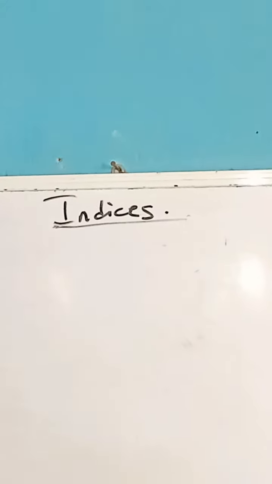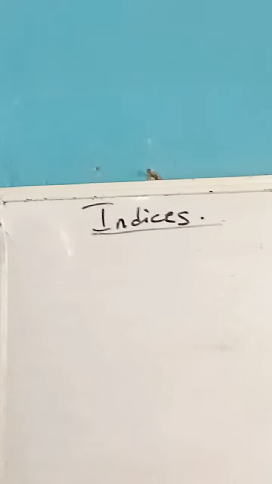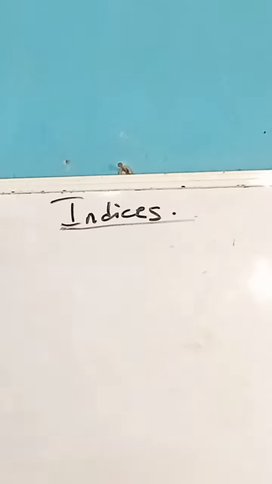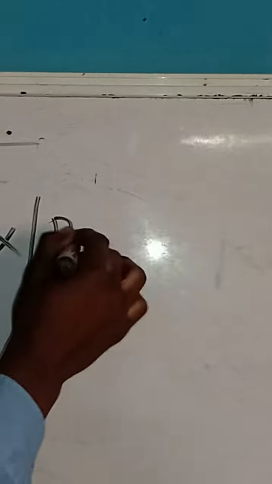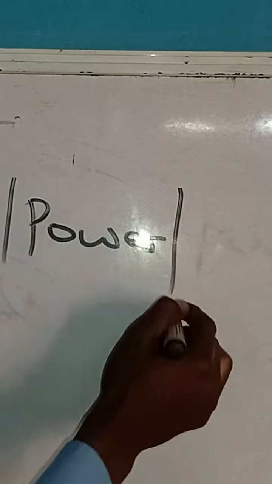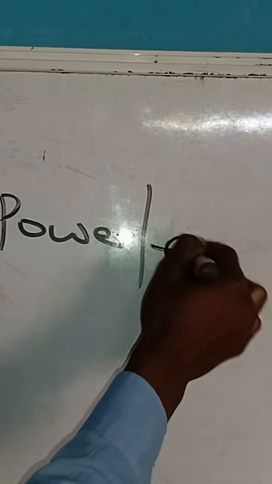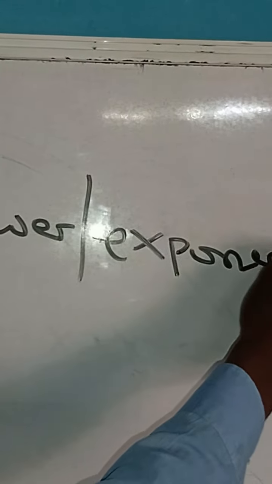First and foremost, indices is the plural form of index. That means if you are having index here, we are going to be having power 2. Why? Because index is the same thing as saying power. It's the same thing as saying exponent too. Firstly, if you are having something of this nature, which is 2 raised to power 3, that means